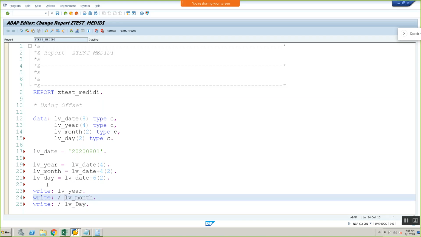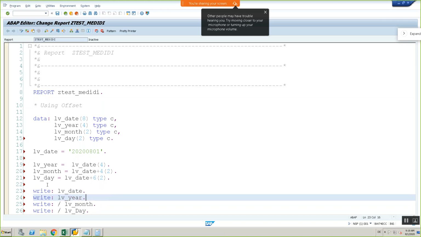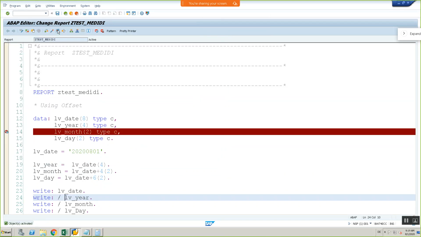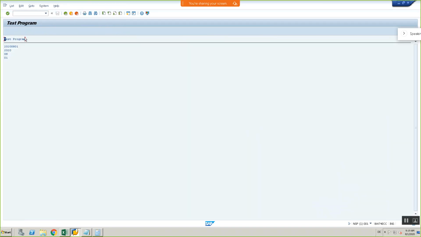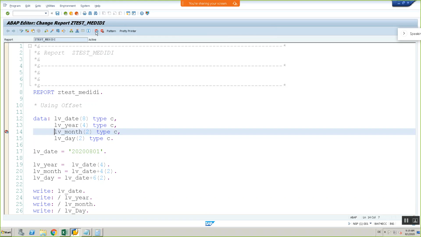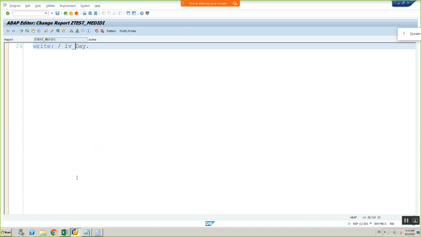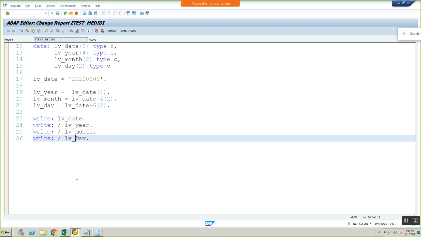If I want to print my date also before this, date, activate, execute. Here, without writing write multiple times, can we use this statement in one line? We can write it, but it's better to have it like this only. Because write statements, we always write in different places. Here I am writing this way to show it differently.